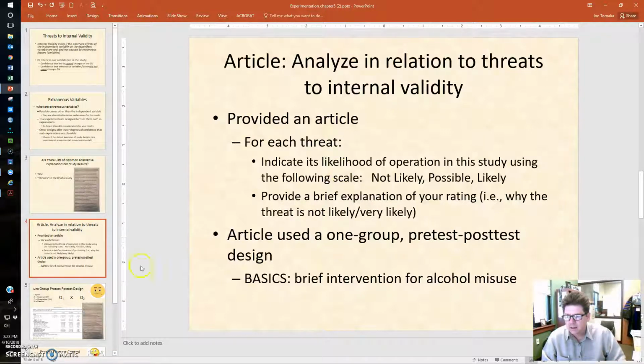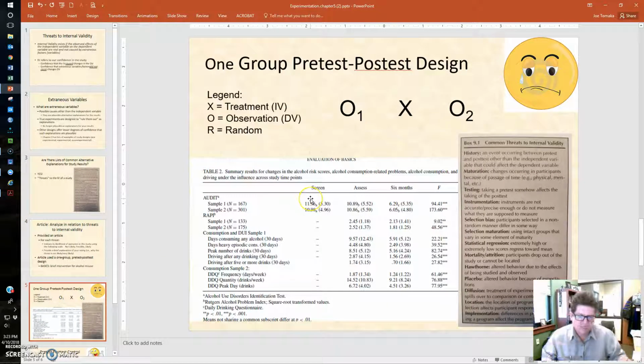And there's a lot of information on this slide, but this is kind of the standard representation of the one group pretest post-test design. This is some of the nomenclature that's used to show that kind of design in the legend. And so we have an observation at time 1, an observation at time 2, and all of the participants, because there's no second group here,